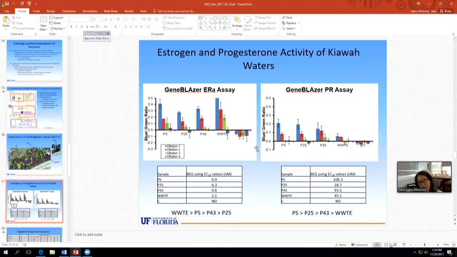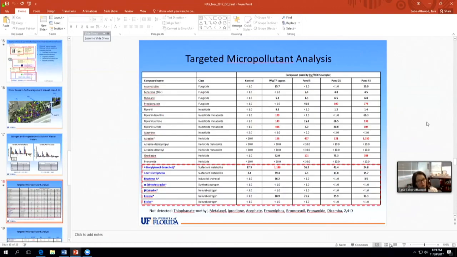Just as I mentioned earlier, we ran some of these hormonally active-based in vitro assays. This is for estrogen receptor alpha on the left and progesterone receptor on the right. You can see how we utilize these assays to come up with BEQ values, but basically, looking at the alpha activity, you can see the order of the greatest to the least for both of these assays. Then we did our typical targeted micropollutant analysis, and there are lots of things present in there,